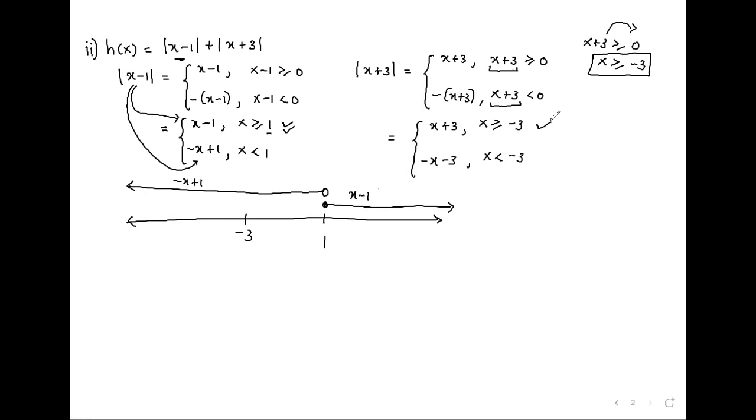When x is greater or equal to -3, going this side, this function is x plus 3. And when x is less than -3, going this side, the function is -x minus 3. So now we are saying the whole function h of x